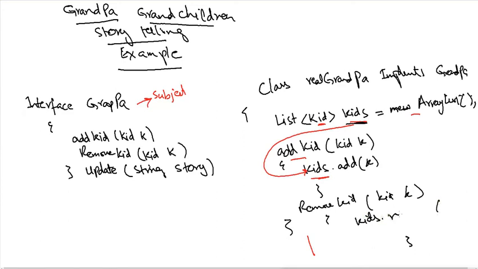We pass a k object, an object of this kid observer class, to this list to be removed. And last, we will implement this update function here. Now the update function is simply going to get a string, which is story, and it's going to